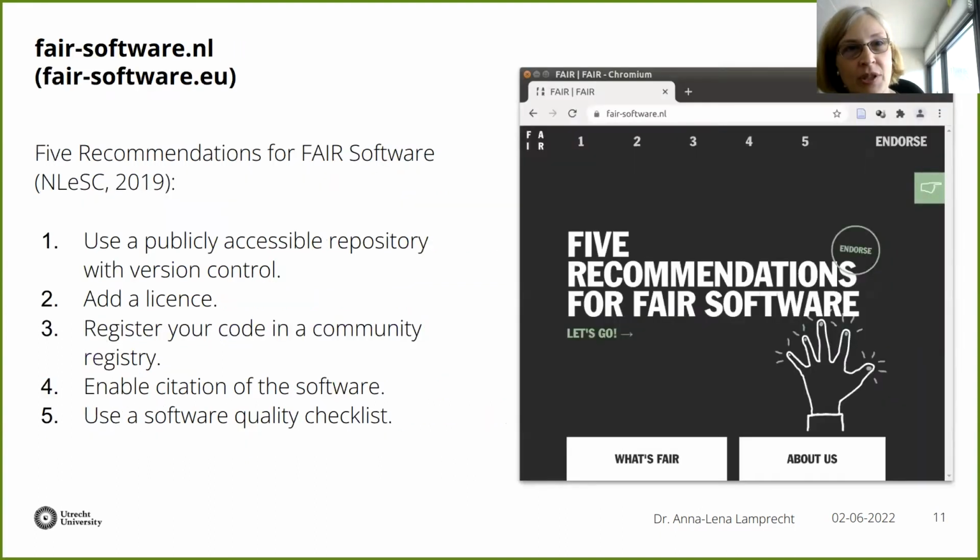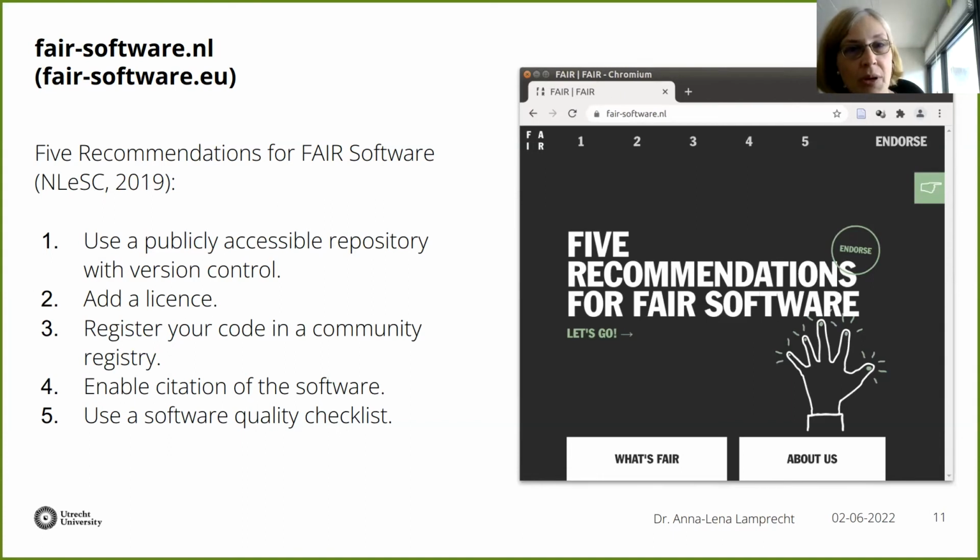So fairsoftware.nl, or the same website is also available at fairsoftware.eu. I assume or hope that many of you have already visited this site at some point during your work. It was launched in 2019 at the National eScience Symposium, and it's a really nice and useful website that gives you 5 very practical and concrete recommendations for making your software fairer. These 5 recommendations in brief are listed on the left, where the first is